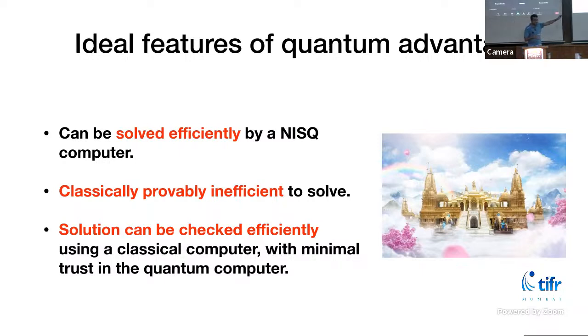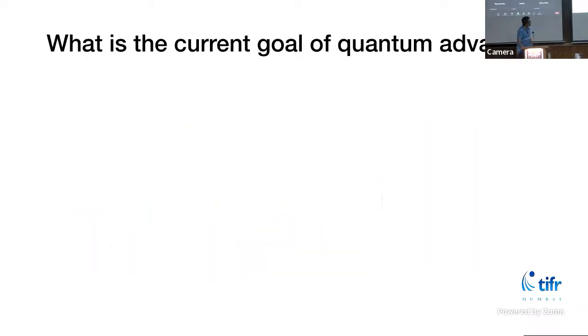Are these three features clear? Any questions here? What the figure indicates on the right? Oh, this is like some paradise, let's say, the best case scenario. Like, hopeful, let's say. The picture manifests hope. Okay, but the real world has other plans. So what is the current goal of quantum advantage? These are the goals that we want, but what is it that we actually have?